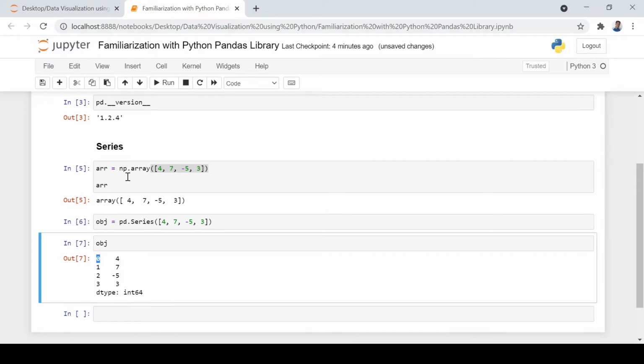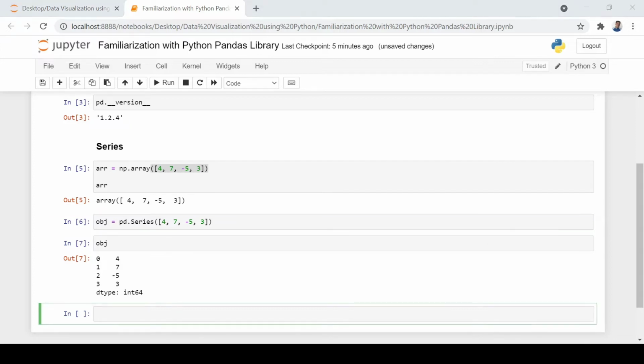So now you can see the difference between array, and now built on NumPy, pandas has beautifully created a Series where it has stored that list of items along with the index. So this is one step further towards our building where we are going towards the data handling and visualization part. So now you can see the differences, how the NumPy array has been upgraded to a pandas Series, and how it has come up with that indexing part, and that becomes very useful when we are handling and structuring the data and calling the data for different purposes in analytics and visualization. So this is all about Series.